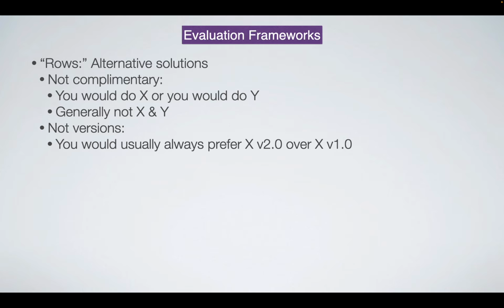Generally, we also exclude from evaluation frameworks things that are just strict improvements over something else, okay? So we generally don't evaluate version 1 of something and version 2, unless version 2 creates new problems as well as new solutions. If version 2 is strictly better, then there's no point in doing an evaluation framework. So for example, for Wi-Fi, you wouldn't compare the WEP protocol to the WPA protocol to the WPA2 protocol because everyone would use WPA2 instead of WEP. There's basically no reason to use the old generation.